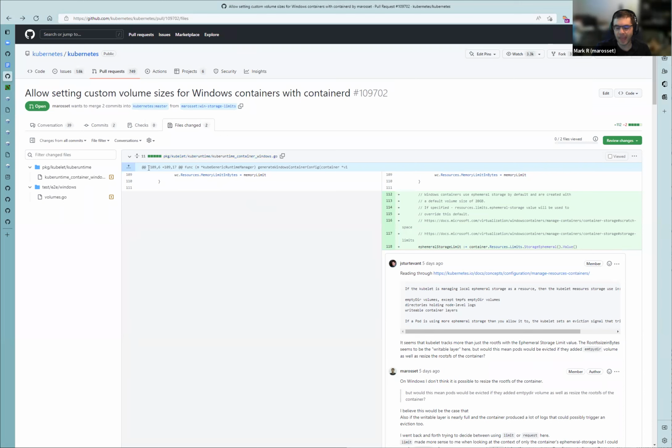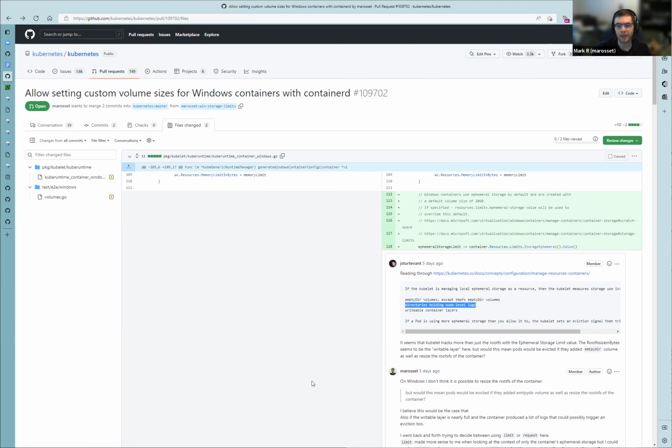In that case, unless you have an exorbitant amount of logs getting written, you wouldn't trigger eviction. But if you add empty dirs into the picture, what could happen is you have a pod with a container, and that container has a writable request size of 30 gigabytes.